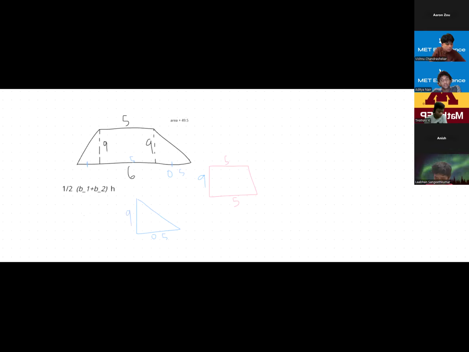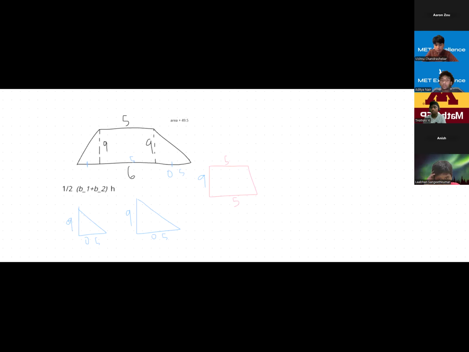All right, so then what we can simply do in this case is, since we have this rectangle and we have 2 of these, I'll just draw another one of these. They're not the same, but they're the same type. So then another easy way we can find the area of this whole trapezoid without this equation would just be to find the area of this, find the area of this, find the area of this, and add them together. So let's just do it real quick.